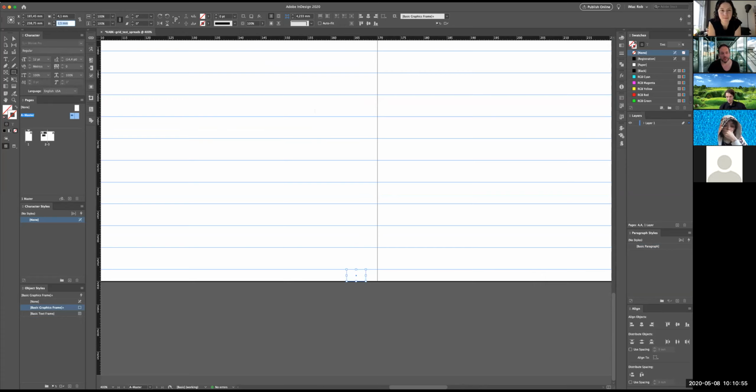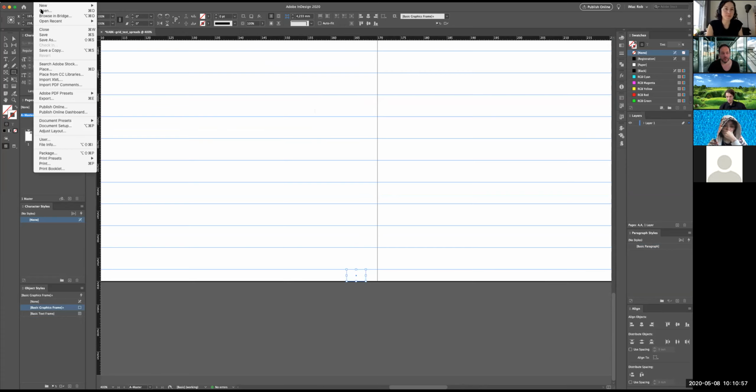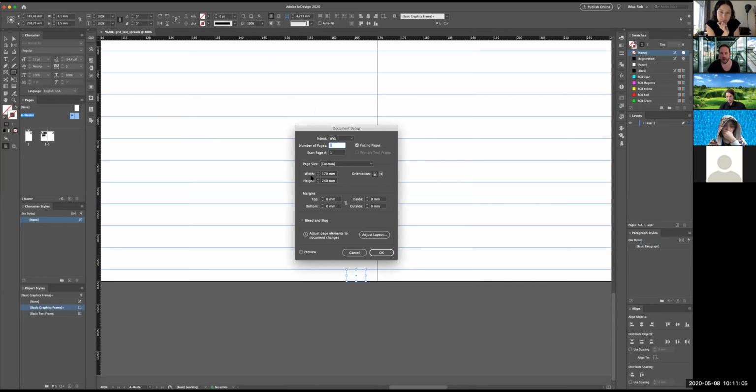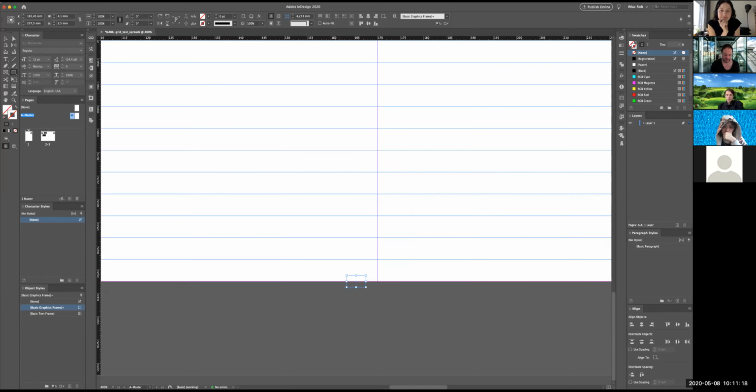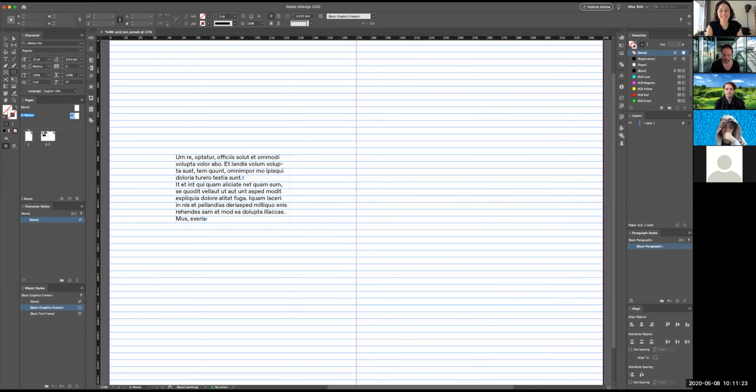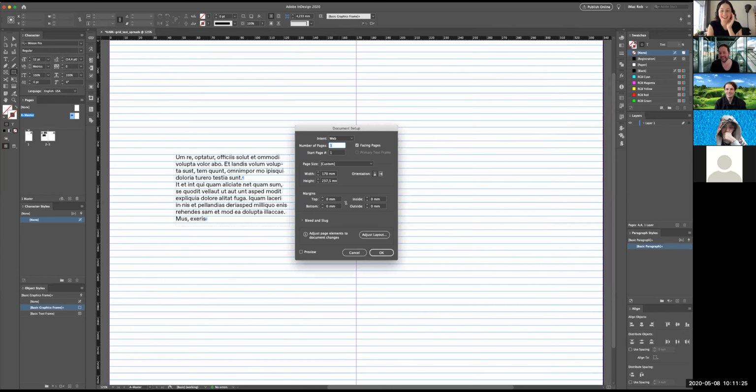So what I do is I open my document setup, or Alt Command P. And I do height is 240 minus 2.5 millimeters. I can just do the calculation in here, and I press OK, and this thing is gone. Heaven. But it means that now my document height is 237.5 millimeters,